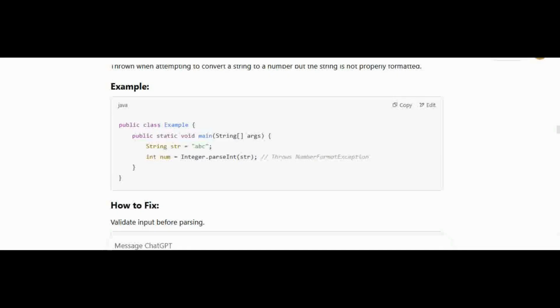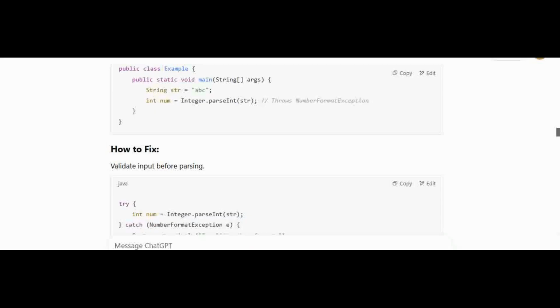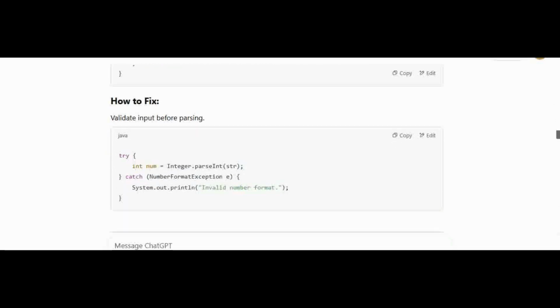How to fix? Validate inputs before passing. In Java: try { int number = Integer.parseInt(str); } catch (NumberFormatException e) { System.out.println("Invalid number format."); }